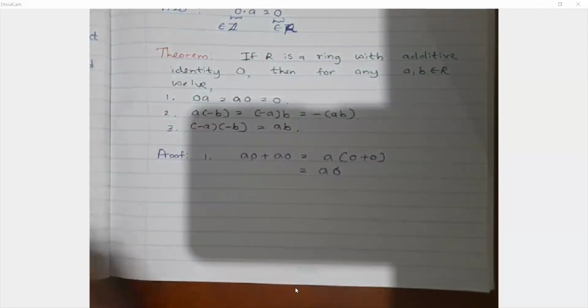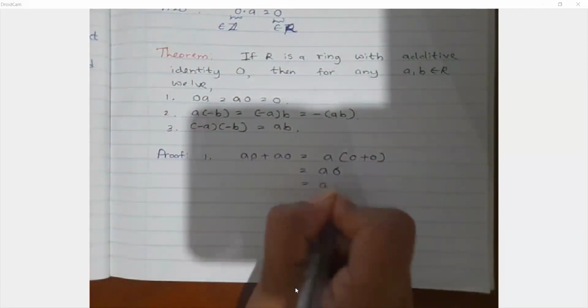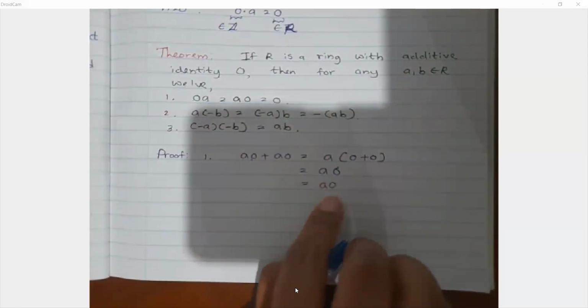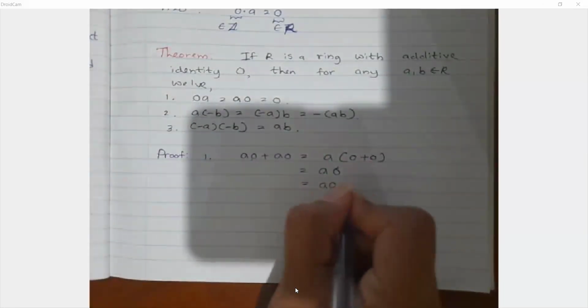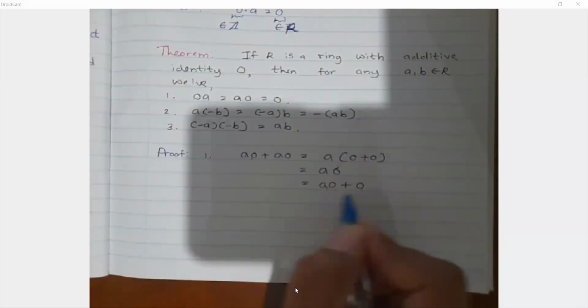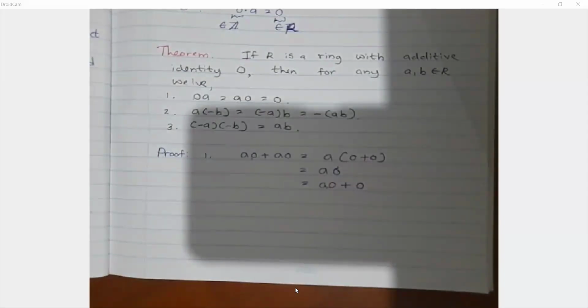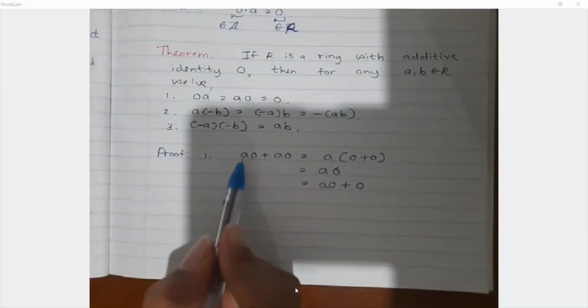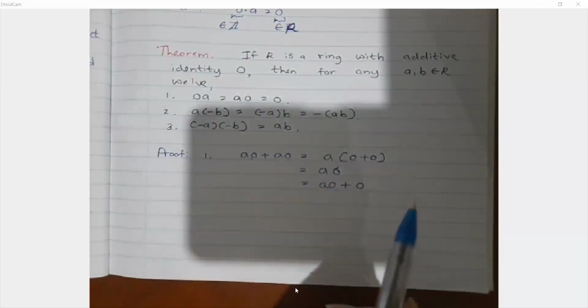Now what I'm going to do, this I can write as A times 0, which is an element in R. To this, I will add the additive identity, right? By definition of the additive identity, the addition of these two simply gives you A times 0. Now, we know that R is an additive group, right? So, using the cancellation law, in other words, taking the additive inverse of A0 from both sides, we